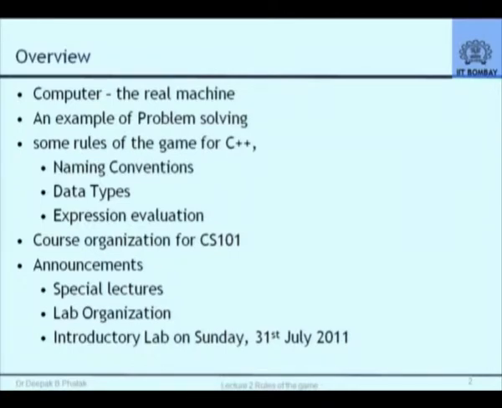So this is just to give you a feel that while we have been using our conceptual model based on a caricature called Dumbo, there is something real, and that something real is very similar to the way Dumbo operates, except that the internal details are different. So we'll look at that.